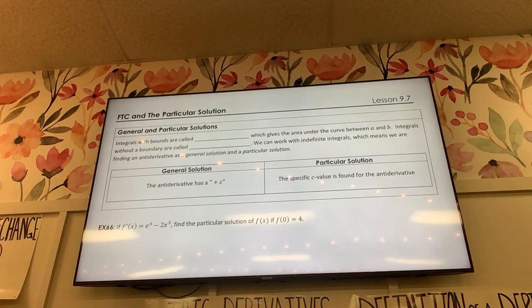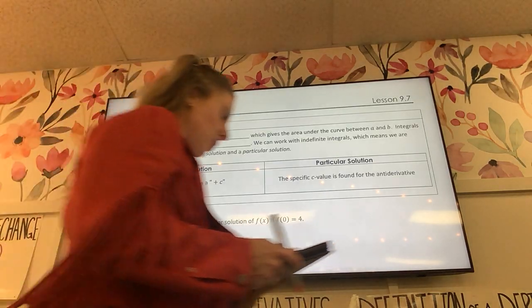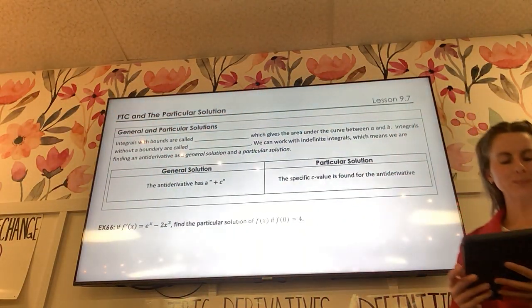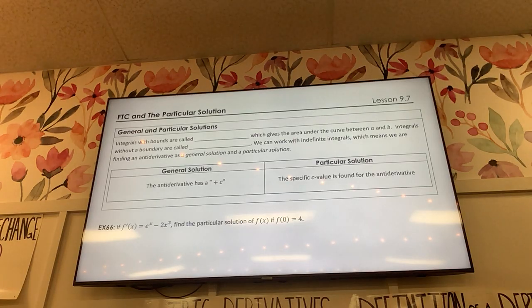We've got one more thing to talk about today, or for this unit here, and that is the fundamental theorem and the particular solution. So you're going to hear a lot more about the general and particular solutions in the next unit as well. So it's really very simple. The general solution,